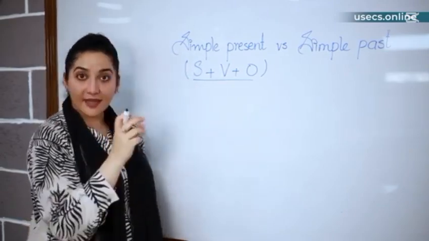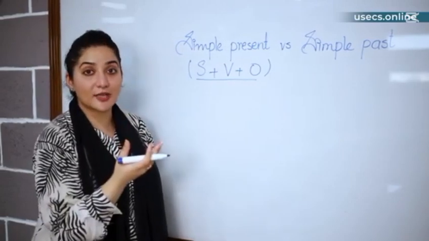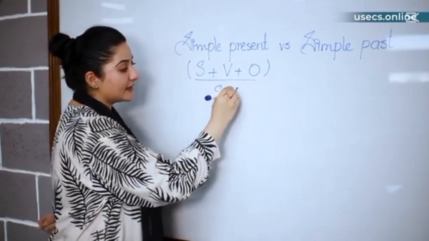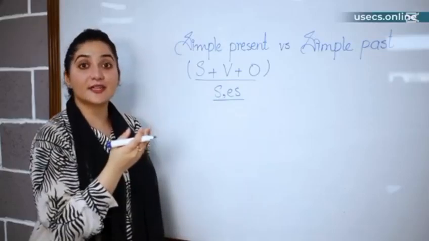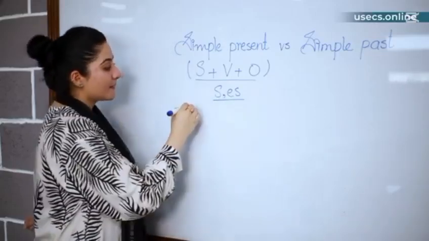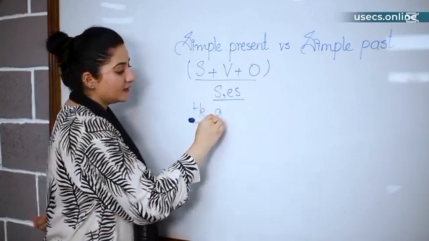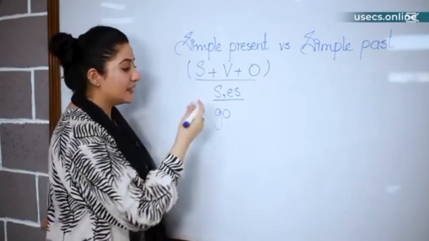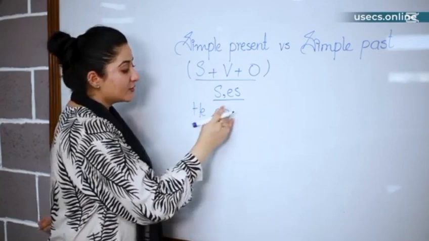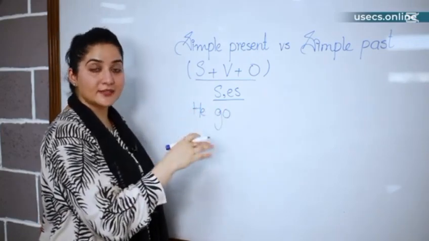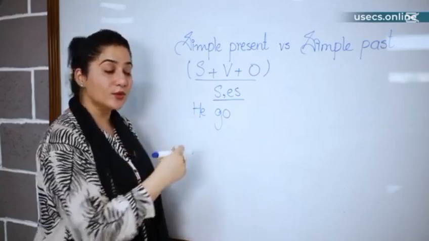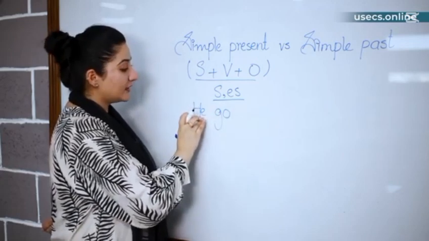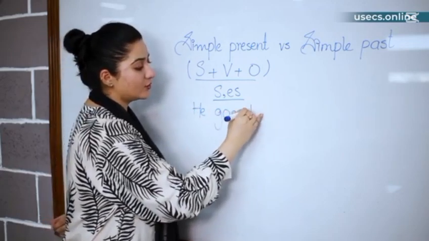We can say the hack to keep in mind for practicing simple present tense is that with the verb form we use S and ES. This is the indication which tells you it is a simple present tense. Let's make a sentence. He go or goes. It's a big confusion for most of the students most of the time. Go के साथ S आएगा या ES आएगा. So according to the subject verb agreement, and one thing that I've already shared in my previous video, with third person singulars we use S or ES. So with he we write goes. He goes to school.